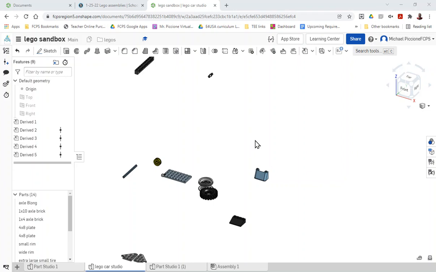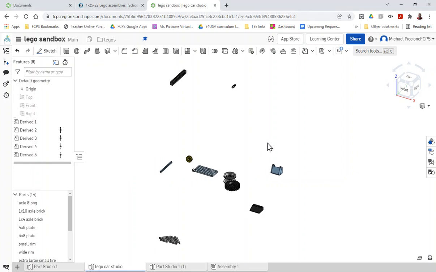This is how to assemble your Lego project. Earlier, I copied the large Lego Part Studio workspace into my own workspace documents. Then, in my Lego Sandbox, I created a new Part Studio, renamed it to match the assembly I'm going to create, and then I derived